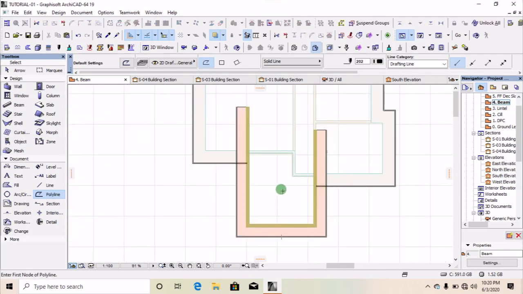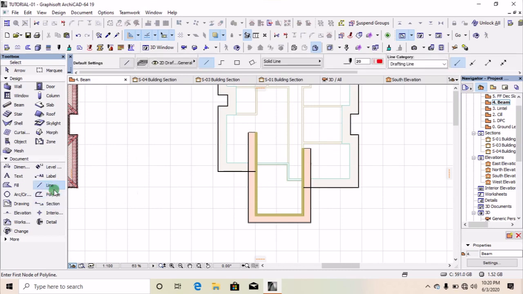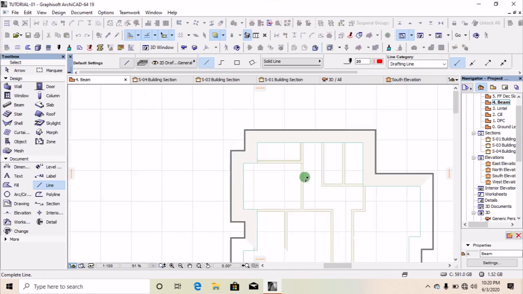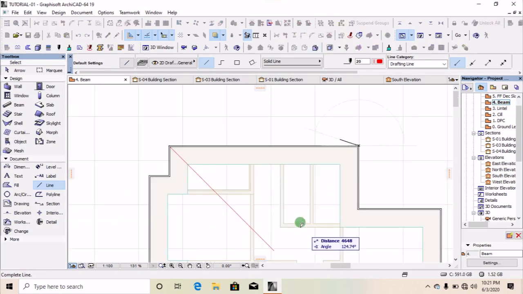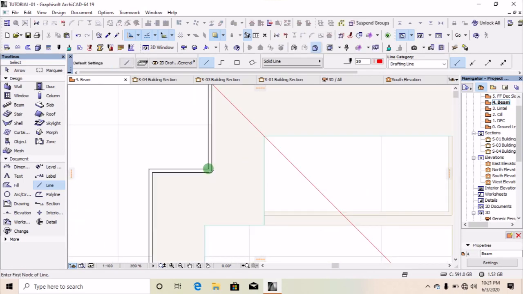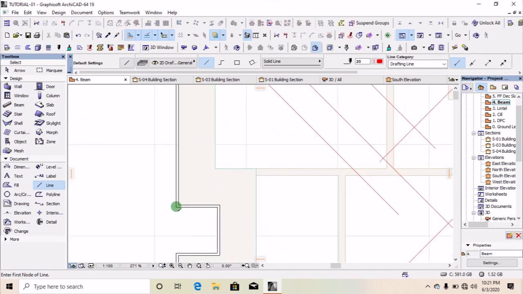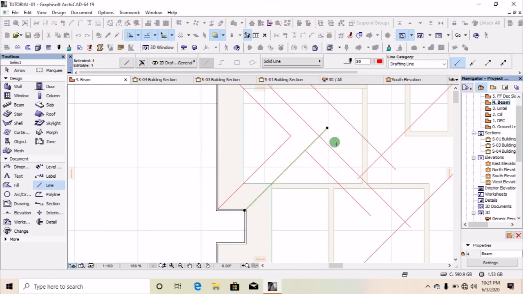Now that this is done, the next thing you do is click on your line and use your line to trace the outline of the gutter and the ridges. Let's start at this point. Take this. As I design the roof by manual means using my lines,